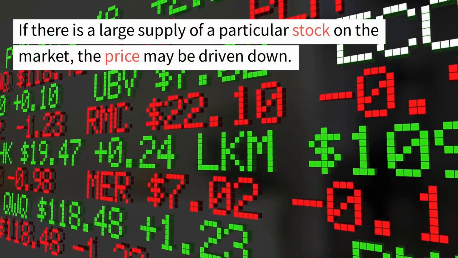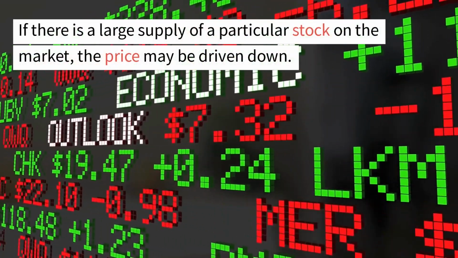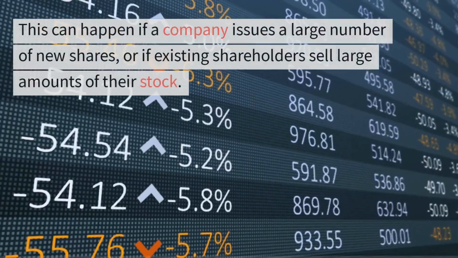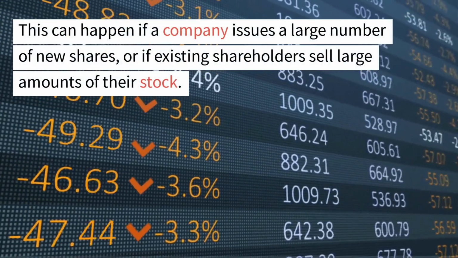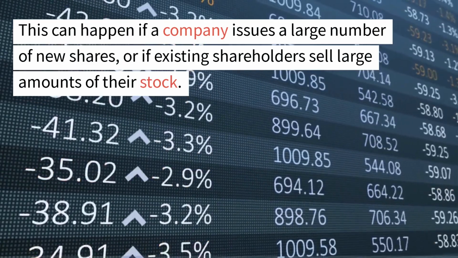In addition to demand, supply can also affect stock prices. If there is a large supply of a particular stock on the market, the price may be driven down. This can happen if a company issues a large number of new shares, or if existing shareholders sell large amounts